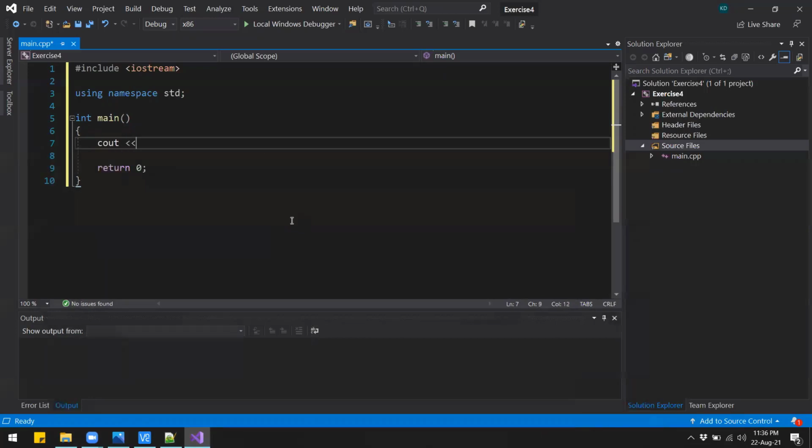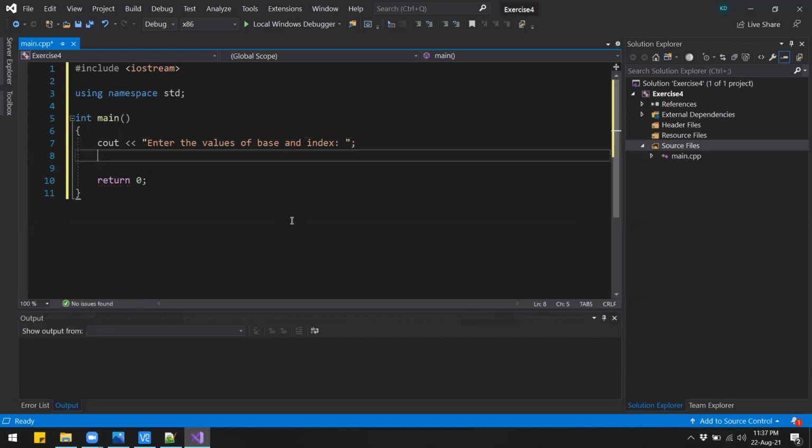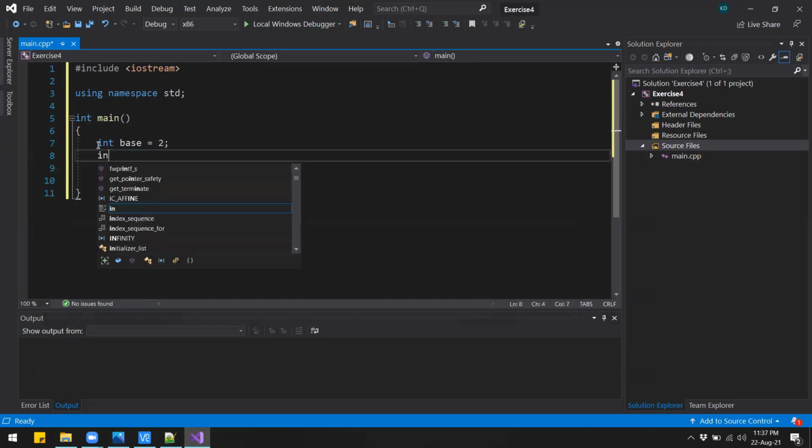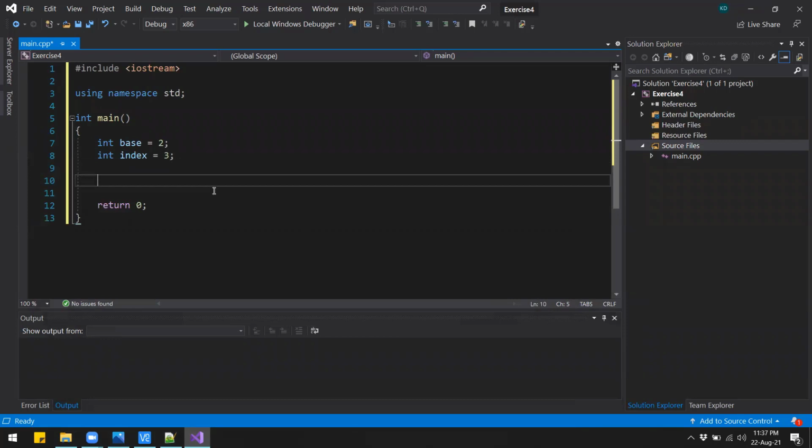So I'll ask the user to enter the value of base and index. Enter the values of base and index. And then we will read the value of base and index. For now, I'll not write this. I'll just hard code the values of base and index. Let's say base is 2 and index is 3, right? Same as what we have in the question. The base is 2 and the index is 3. And then